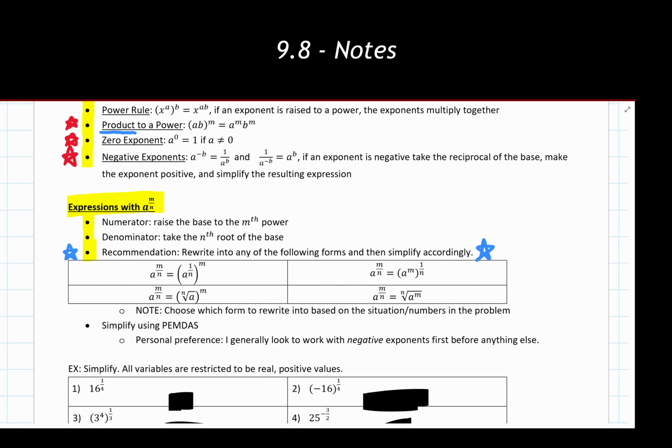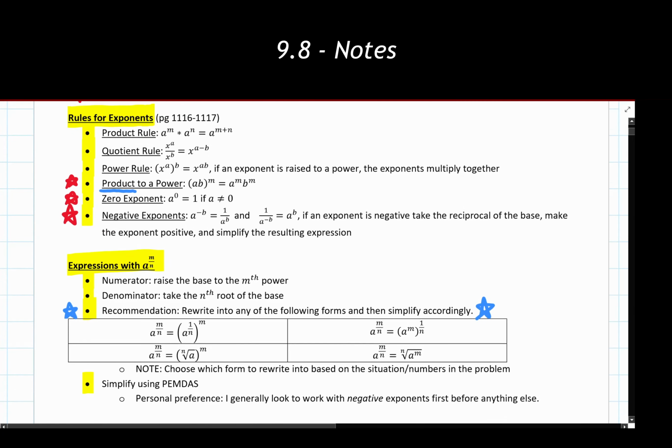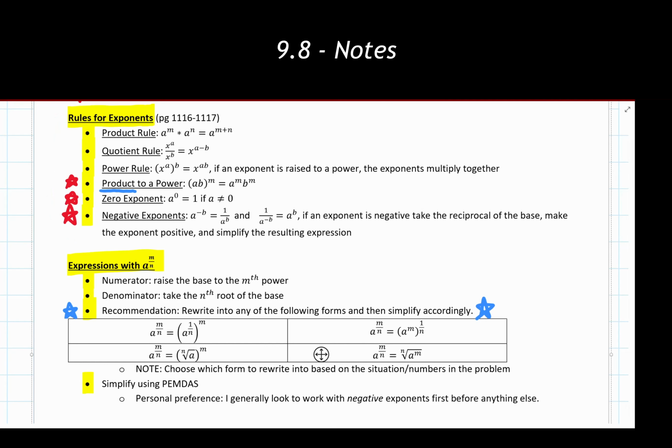And last but not least with this, when we have expressions where we have rational exponents showing up, we are going to use PEMDAS and the order of operations to go through and simplify these things down. Now, when you are working with the exponents themselves, really, it's kind of your call on which of these properties and rules that we have we want to follow as we're going through them. This includes all of those properties that we have up here having rational exponents showing up within them as well.